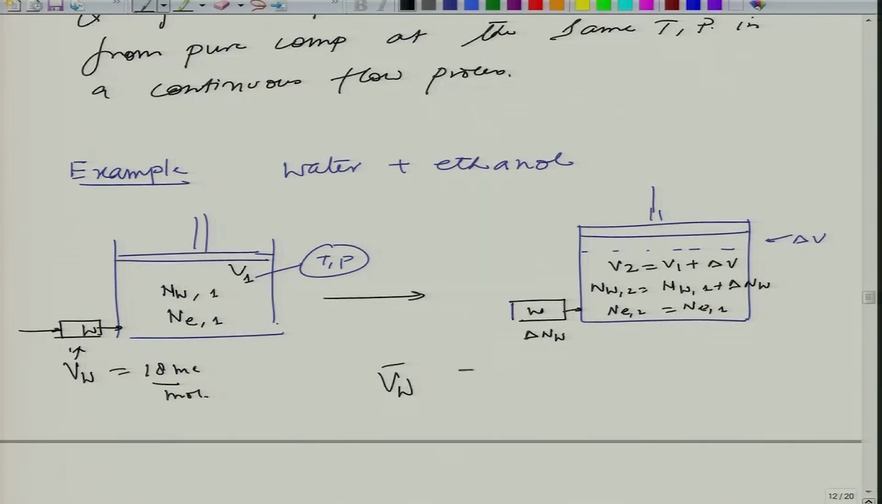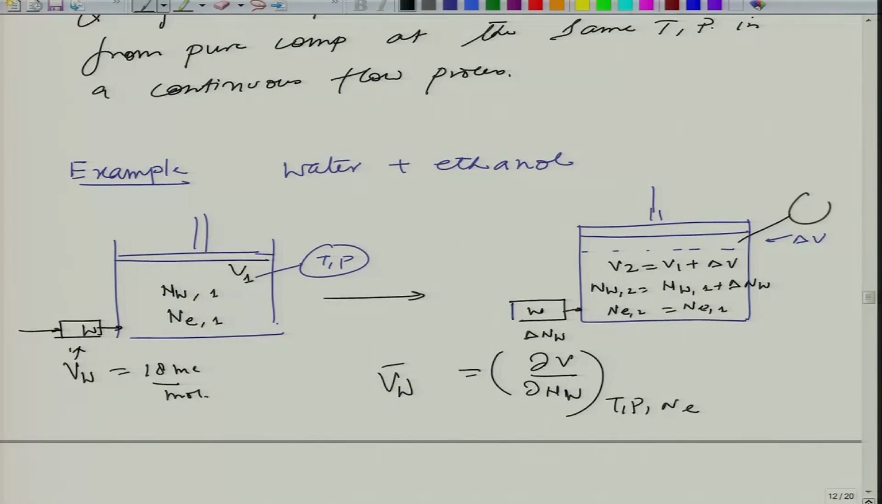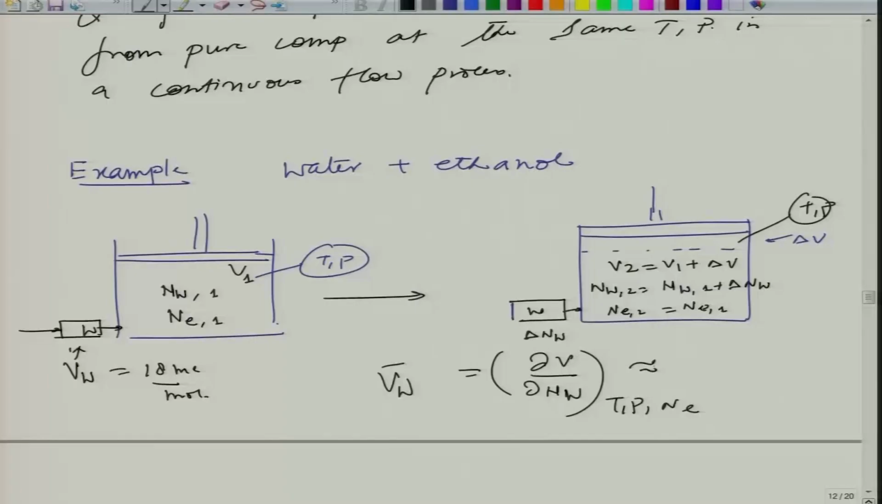Okay. So, this will be your del V by del n_W, right? That is the definition at constant temperature and pressure. In this particular experiment which we just did, we have maintained the temperature at T and P, keeping the number of moles of ethanol fixed, and added a small differential amount of water, and that means I can approximate this as,